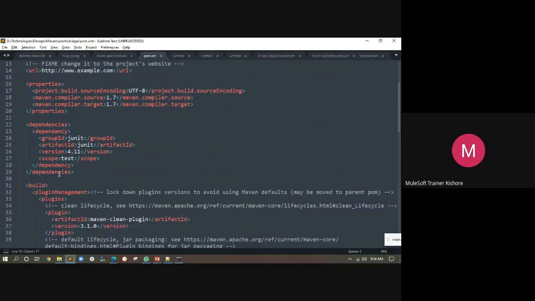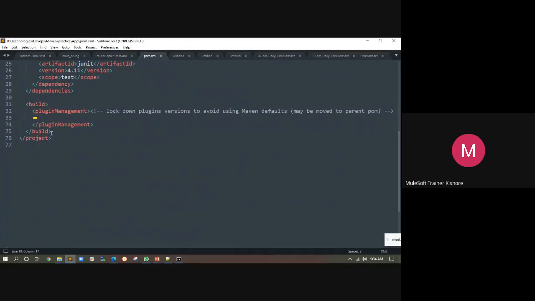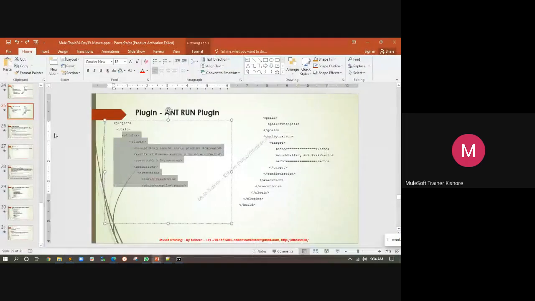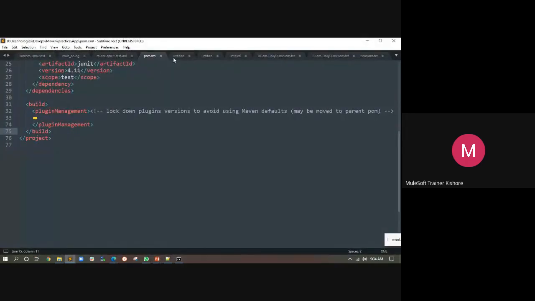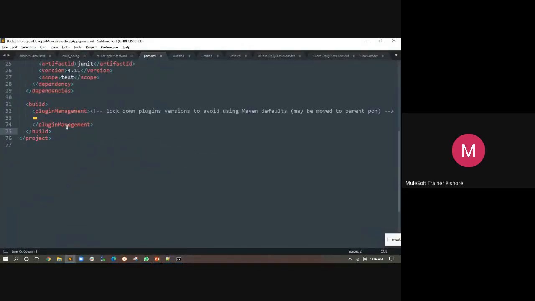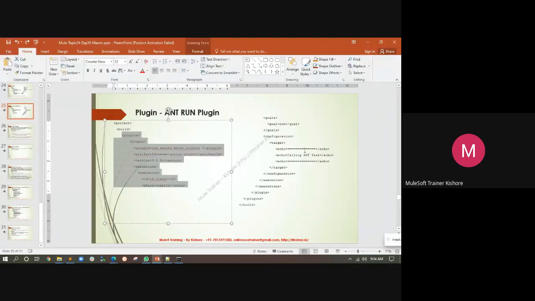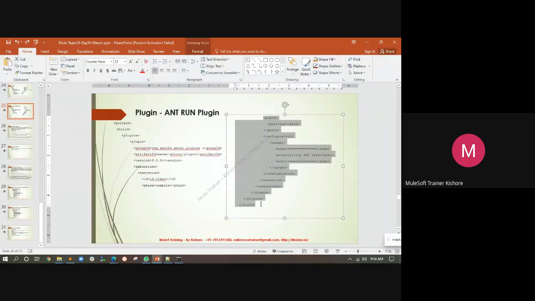This is the build tag, and this is plugin management, and plugins. Plugin management and plugins are both different. And then here I am pasting this, next to this element. I think I should stop at plugins.